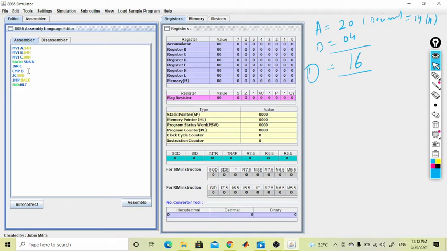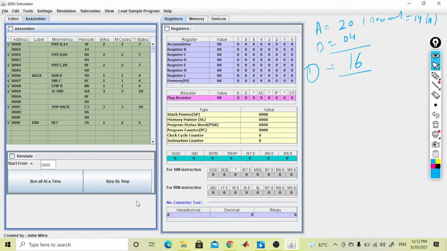So this is our complete program, and now we will check it to see if there is any mistake.